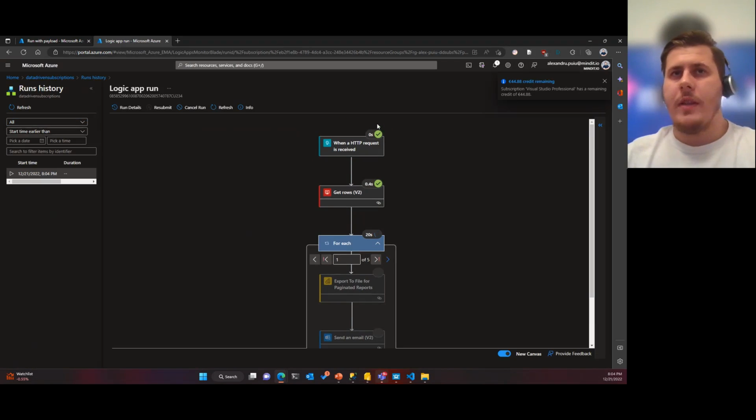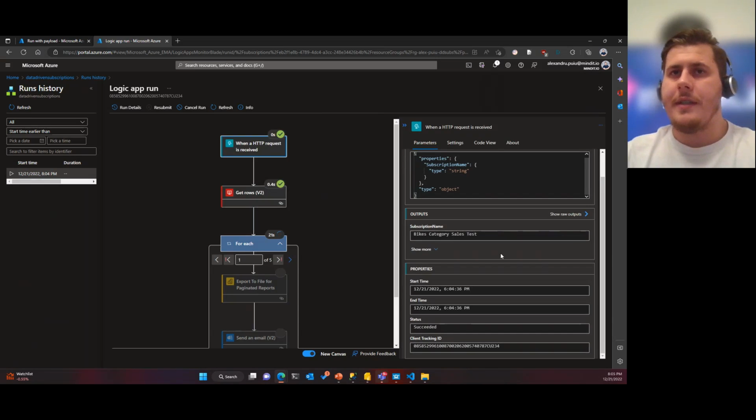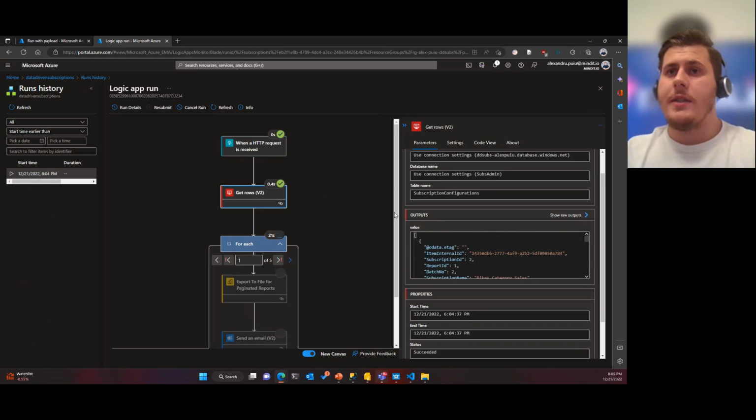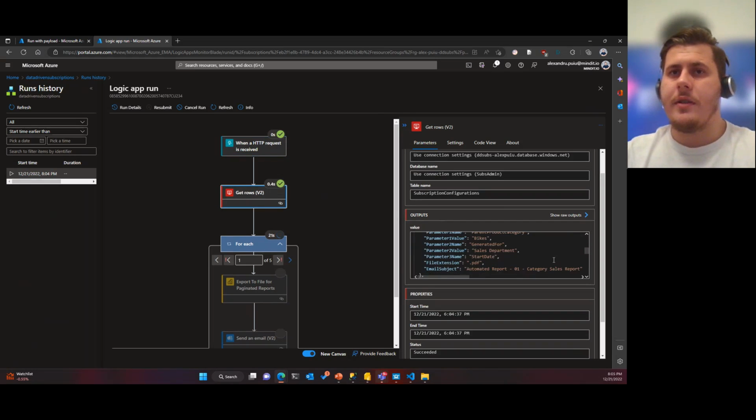Here we'll see what happened. So the HTTP request was received. We can see exactly the values that we received. So the configuration that we've added, it's bikes category sales test, which is the right one. We can see what's the output of different